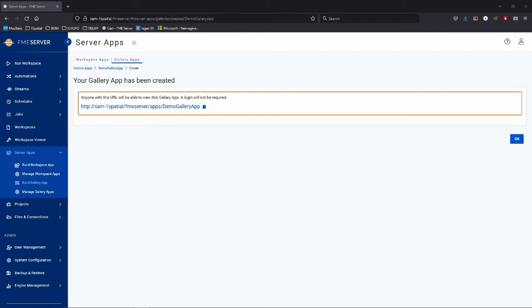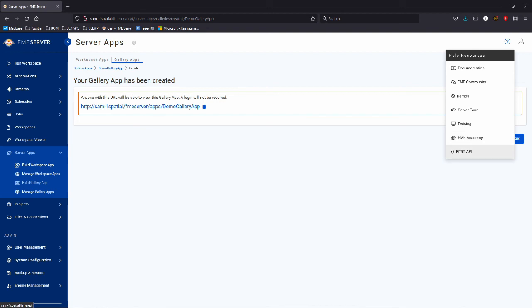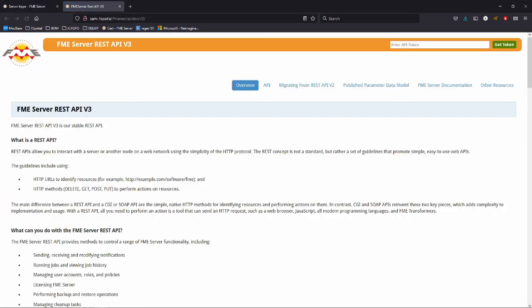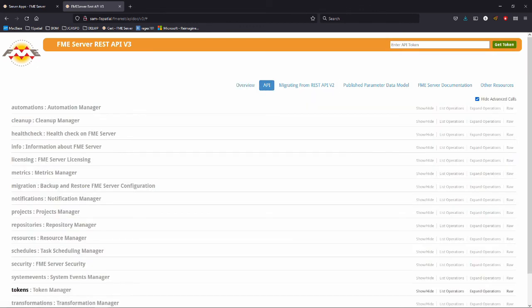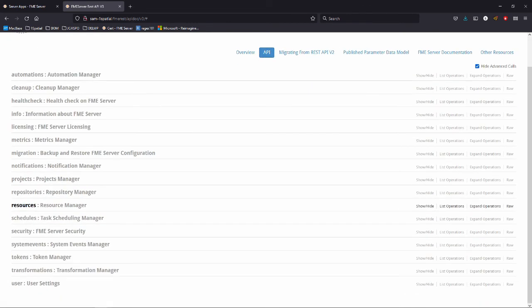And the first thing that you need to know about is the REST API documentation, which is really conveniently located right here in the help section. It comes with the FME installation. All you need to do is click this REST API here, and you're presented with the entire REST API documentation, which is wonderfully helpful. Navigate over to API, and you'll have a full list of everything that you can do